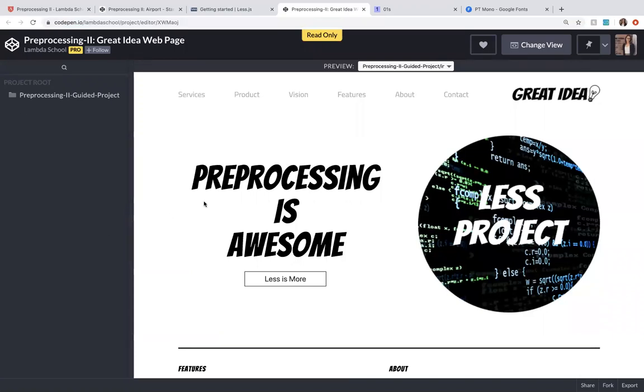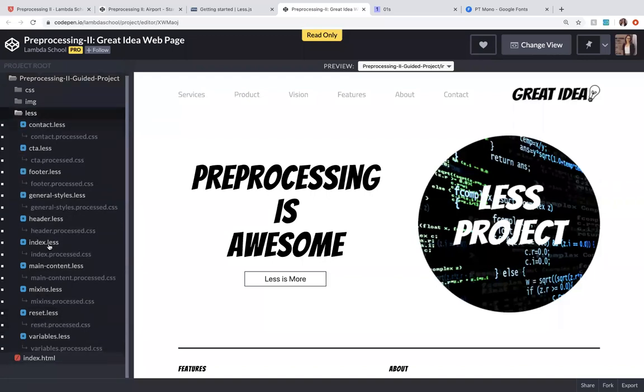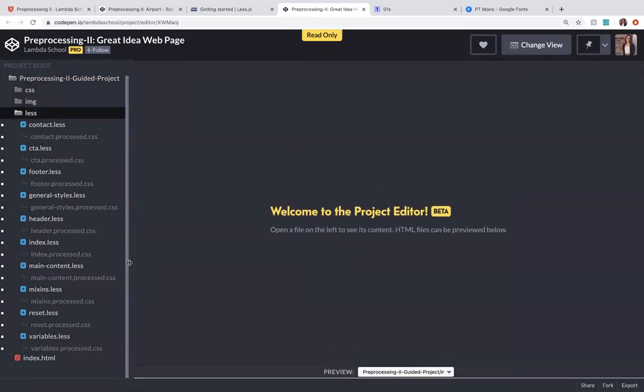Okay, so this file is a read-only file, meaning that we can't edit it, but that's okay. We don't need to edit it. We just want to see how things are working here. So I'm going to open up Less, and notice that we've got all of these different files inside of the Less folder. Okay, so if I move this down a little bit and I click on these files, we can see we've got